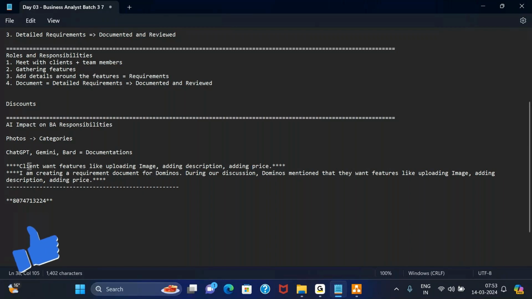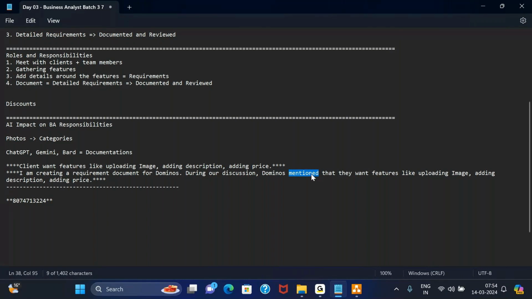Now what I am doing is, I have already logged into these AI tools, and along with it, I am also disclosing who my client is. So ChatGPT or other AI tools can know that this person is working with Domino's, and based on the question coming in, maybe he or she is trying to create software for Domino's. So we don't want to reveal those personal details.